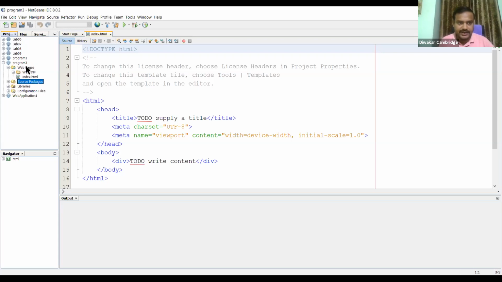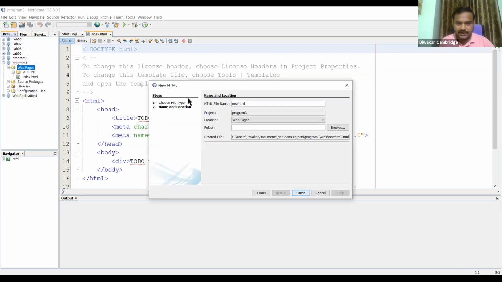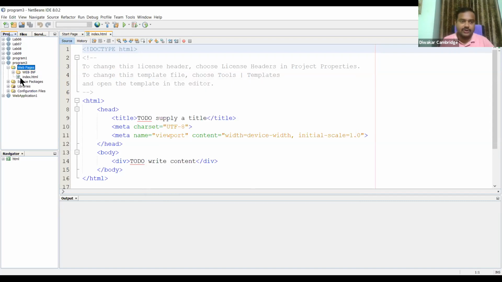In Web Pages, I'll create one index.html. Sorry, this file already exists. Here, the index.html page is there already.